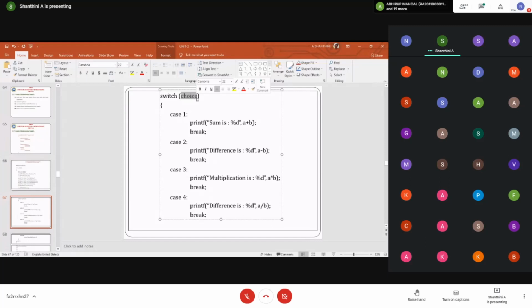If my option is going to be A, B, C, D, E like this, option A for addition, B for subtraction, C for multiplication, D for division. If this is the case, I am getting the option as a character.